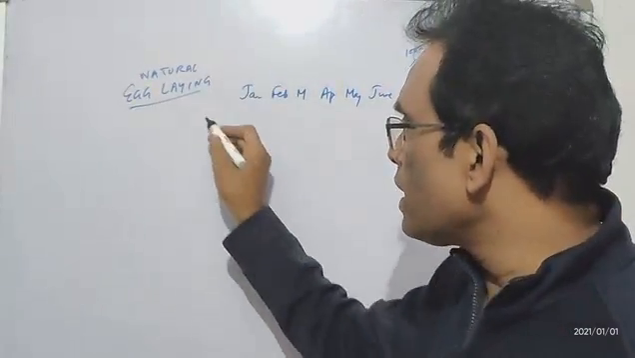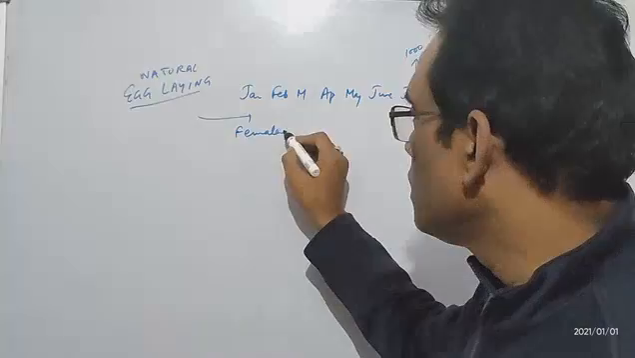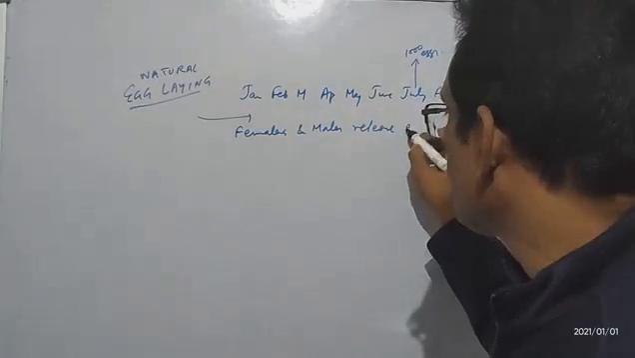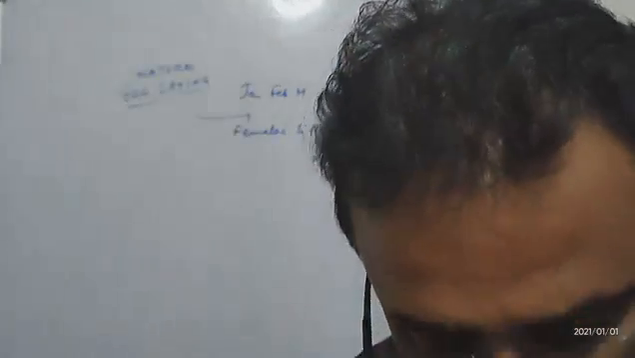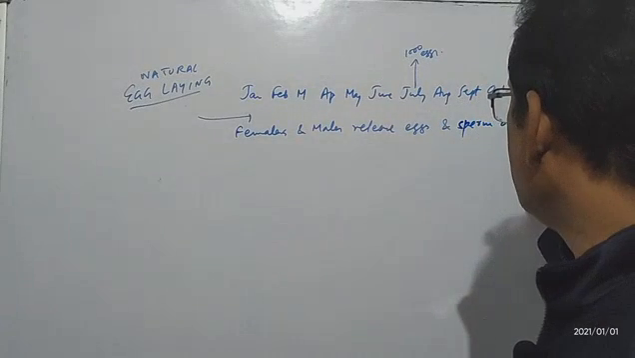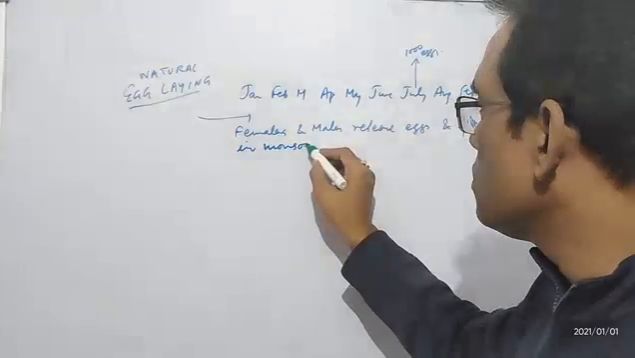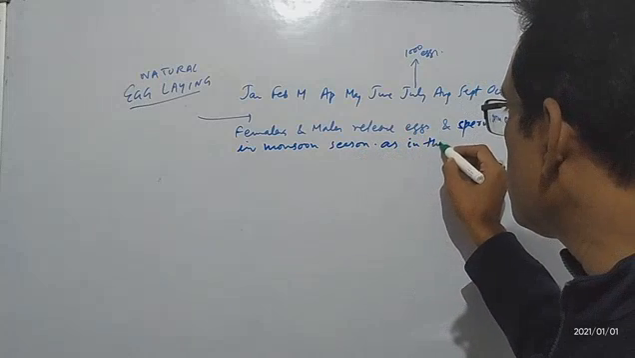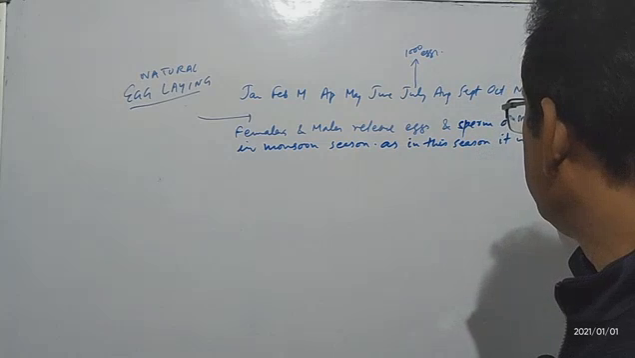Now it was analyzed or it was studied, research किया गया कि the females and the males release the eggs and the sperm or the semen only once in monsoon season. As in this season, it was found that